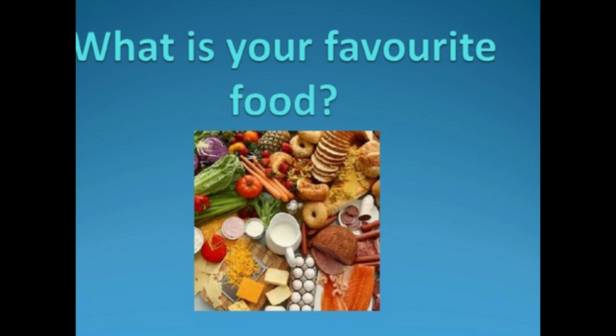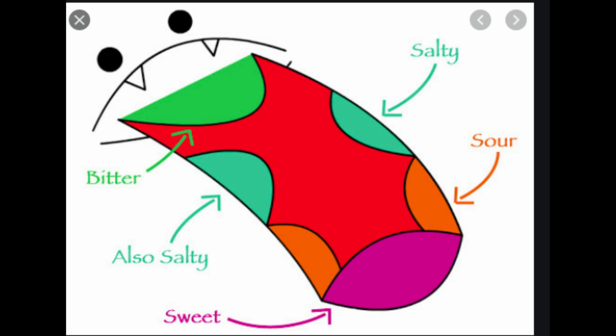Which is your favorite food? What's its taste? The taste of every food attracts you to it. How will you identify the taste? The food dissolved in saliva reaches the taste buds and this information passes to the brain. Look at the picture of your tongue. Where are the taste buds of each taste situated? Can you find the taste of chilies in it? Right, because the taste of chilies is known by the tongue as a burning sensation. It's not a taste at all.